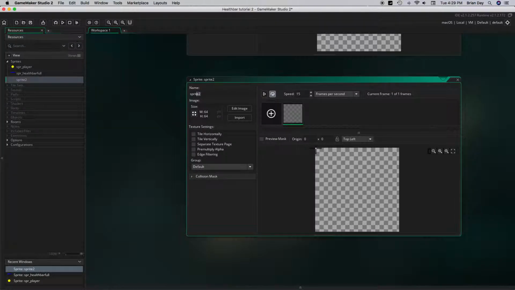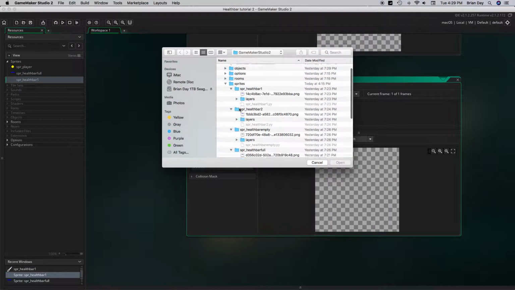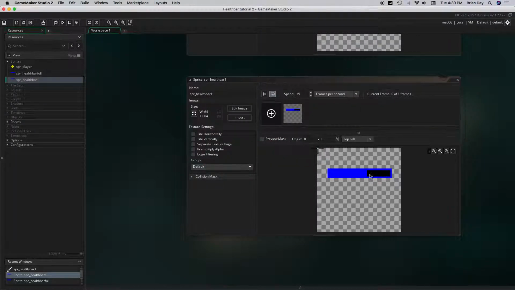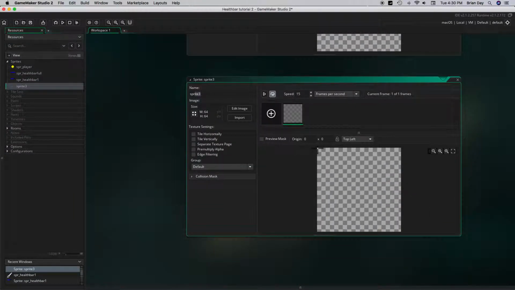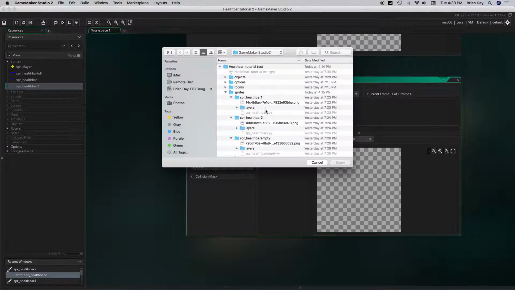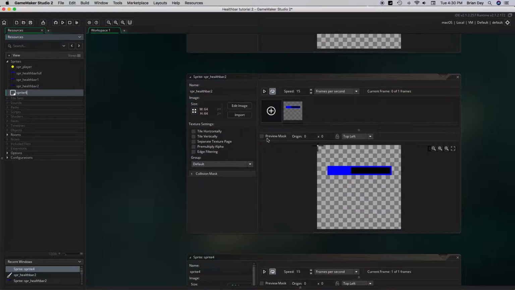Create another sprite, underscore health bar 1, or you can name it however you want, like how much HP you'll be having. Let me import this right here. And so it looks like I've taken damage. Then I do that a couple more times. Underscore health bar 2. Import this. And then finally,